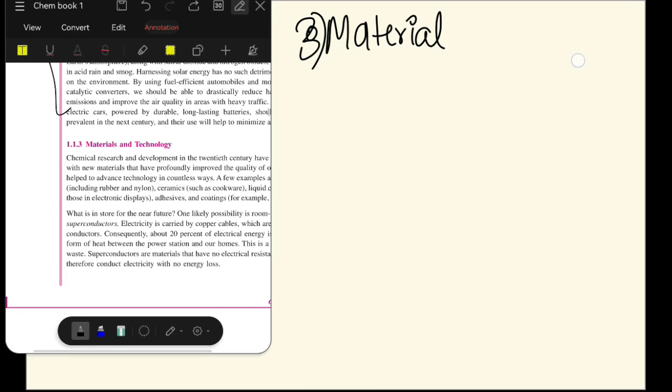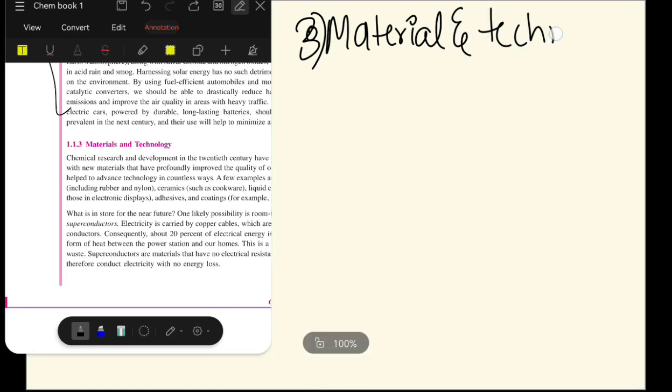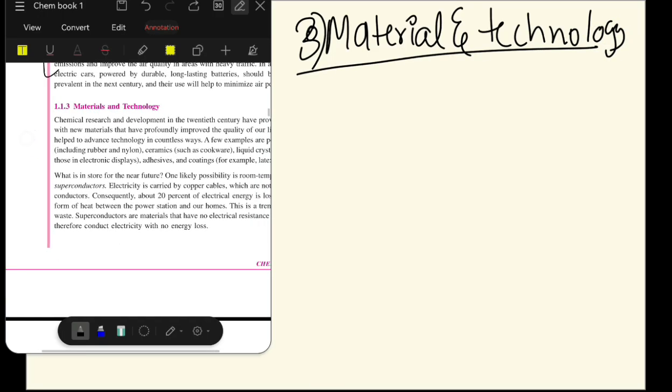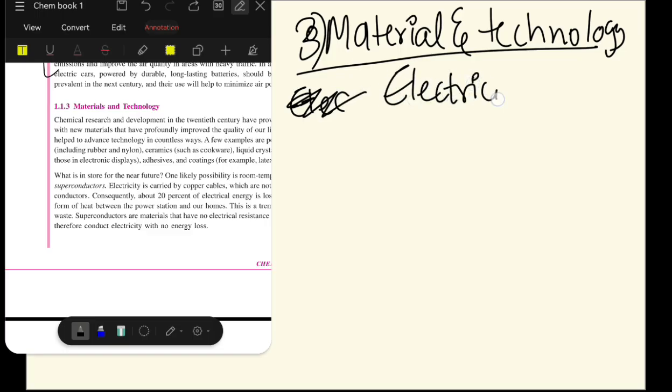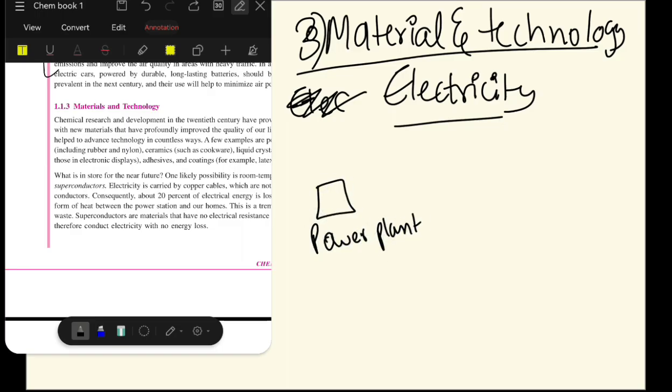Right, now we can move forward to materials and technology, which is the third of our topics. For this one, we just need to know more about electricity. Currently, electricity is being transported from the power plant. This is a power plant, where electricity is all generated. It is being transported from the power plant to our houses,